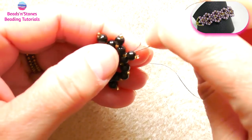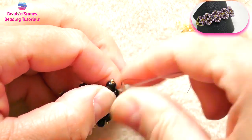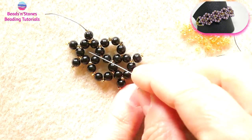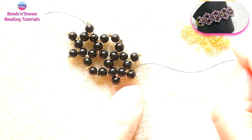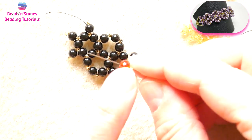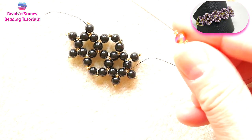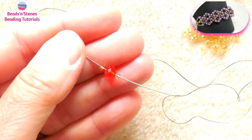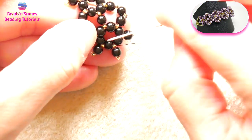So let's have our thread coming out from the 11-0, kind of the central one, the spine of 11-0s. Okay, so with the thread coming out of here, we pick up a seed bead, a 6mm bead. In this case I have a rondelle, but a round one is fine as well, and then another 11-0, and connect with the opposite 11-0,